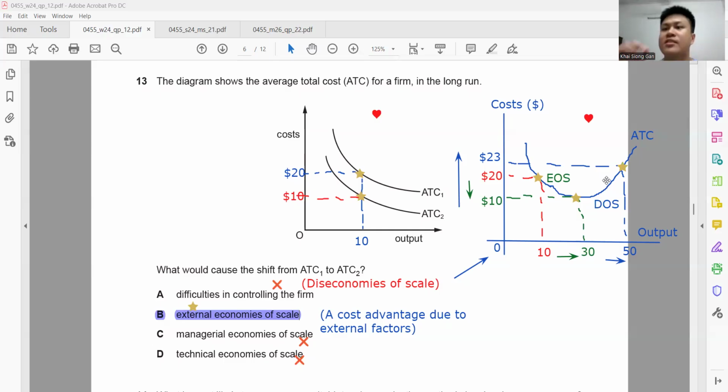So the most they can test you is to ask you to show economy of scale and diseconomy of scale from this ATC graph. But when you go A level, we do not use the ATC graph to show economy of scale and diseconomy of scale. This is not so accurate. But because now you are just in the IGCSE syllabus, the most they can ask you is just like this for now. Okay, but bear in mind, when you go A level, you will learn a proper graph for economy of scale and diseconomy of scale. What you learn here is just a basic, which the graph is still not a very clear picture yet.